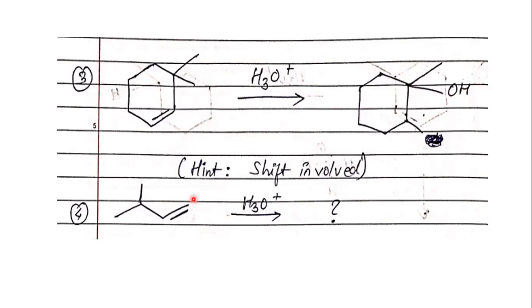How is that possible? The hint to this reaction is, again, there is some shift involved. If not a hydride shift, there may be some other shift involved, but again a shift is involved. The fourth sum here, you can try to solve this also. I have not given you any product here. You can try solving this sum on your own and tell me what kind of product you are going to get eventually, if there is any shift involved or not. If you have any doubts, you can directly contact me.